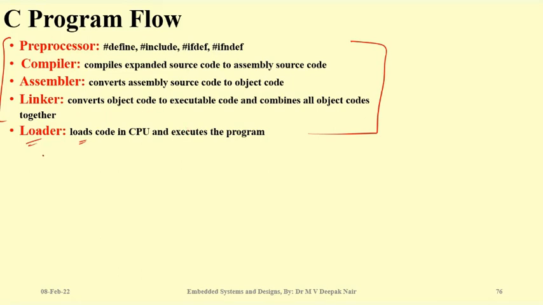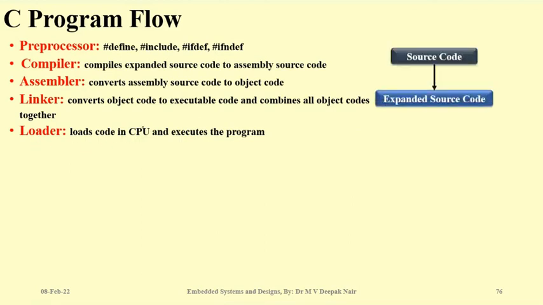But then we come to the role of the loader, which loads the code. Which code? The binary code, the bin code, or the exe code into the CPU, and then executes it. Here we have to be very careful about the CPU, about which processor you are going to load that program on. Because from CPU to CPU, the variable size may change, the functions may change, maybe the header files may change, and so on. So the loader is very important when it is used to load the program.